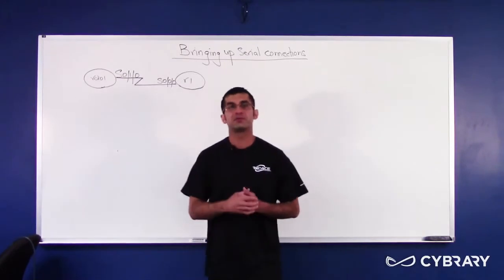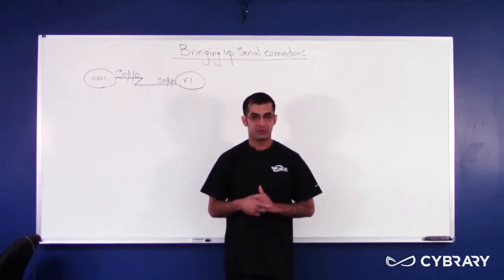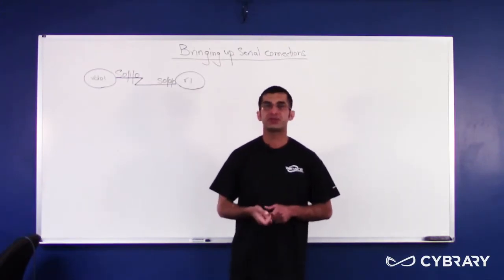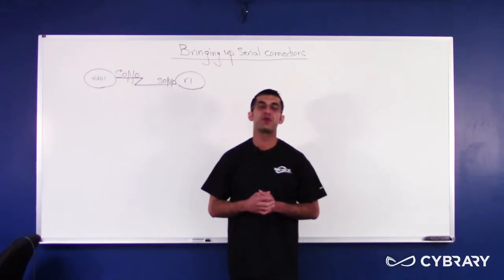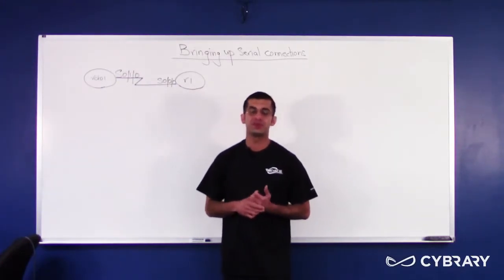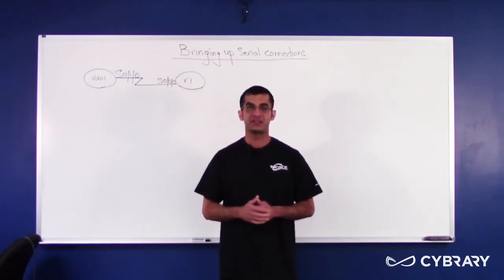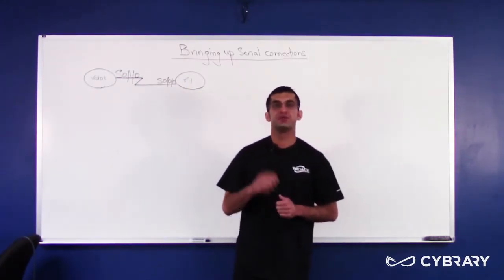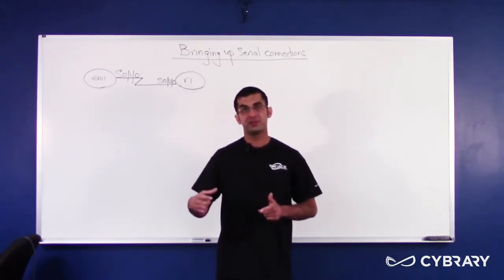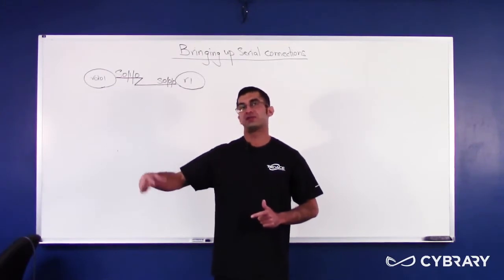Now, in the real world, routers are seldom connected back-to-back like this. What a router will do is have a serial connection to something called a CSU-DSU, which is the termination point or the demarcation point for the ISP. That's where the ISP's responsibility ends and your responsibility begins. The CSU-DSU then connects to the ISP cloud, and on the other end, there will be another CSU-DSU connecting to